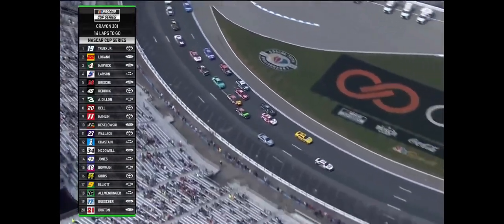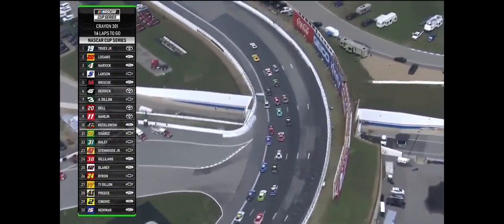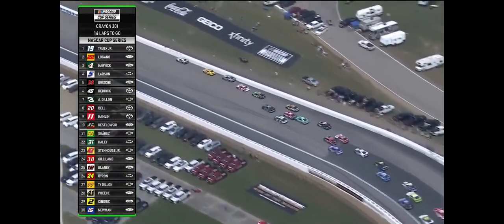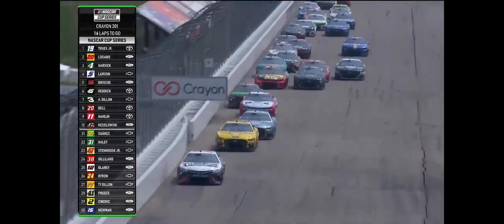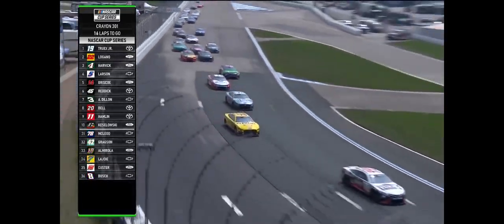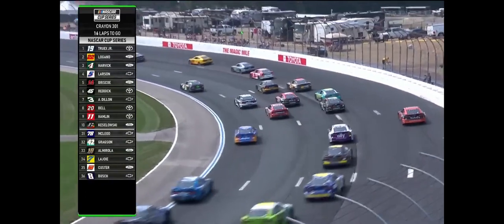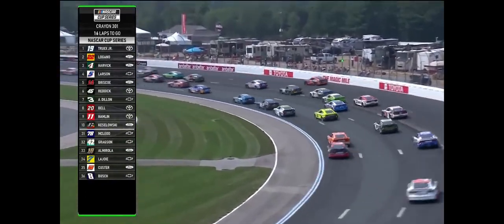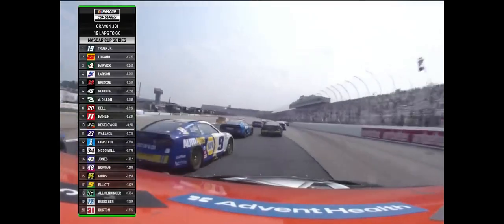Chase Briscoe to the inside of a 5 car back there, not going to be able to make that work. Larson accelerates. Look at Harvick on the outside, back into third. He's going to have a run on Joey down the back straightaway. He stays in line. Reddick all the way on the bottom of the racetrack. Oh, one car way up the racetrack. One car, Chastain, trying to gather it up here and get back down the racetrack